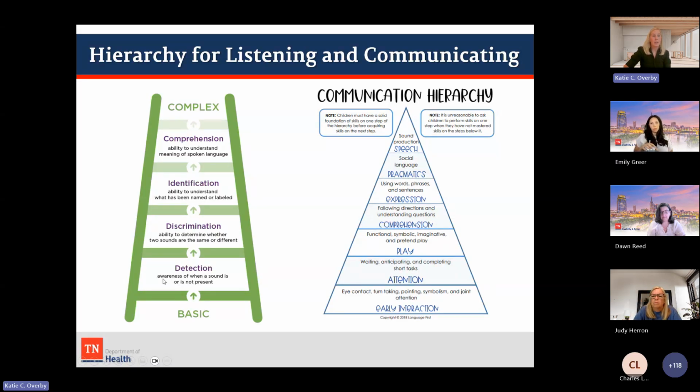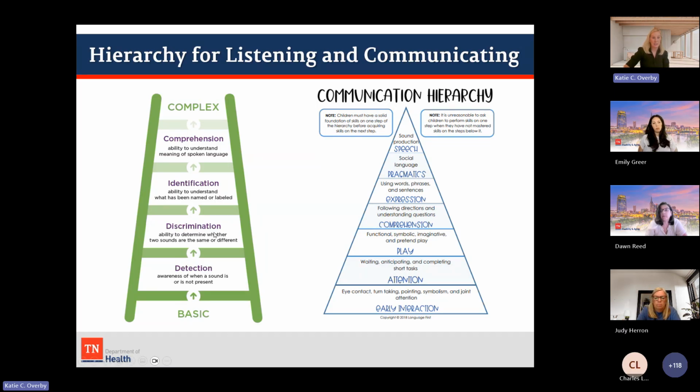So if they were to go the spoken language route, or the parents have chosen to use amplification, we want to make sure that they have an awareness of sound. So that detection piece is going to be, I hear that. Knowing that there's a dog, or there's a helicopter, or there's a fire truck, and they don't need to know what it is at that point. They just need to know that there's a presence of sound, kind of like those Ling sounds.